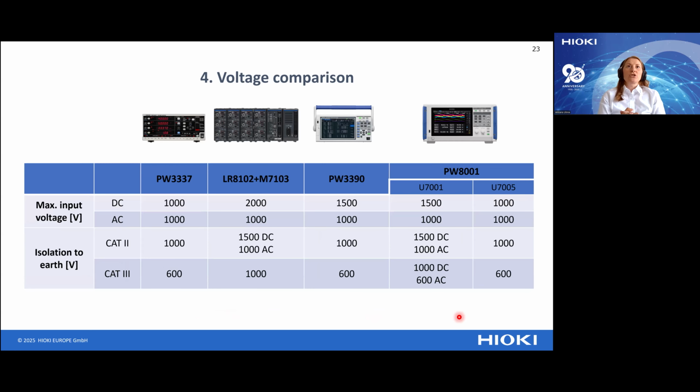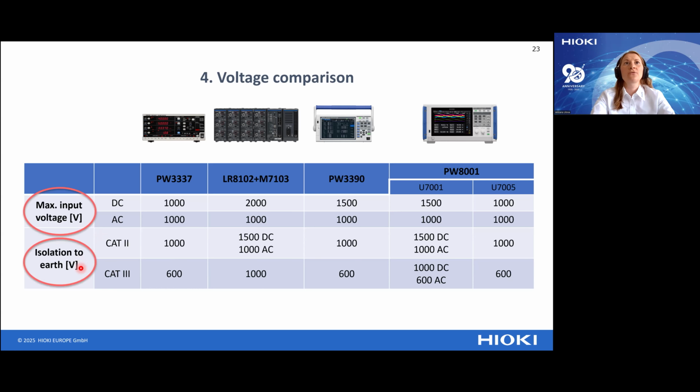As Ryuji already mentioned, he explained the different voltage. The direct input voltage could be below 1000 volt. We also have devices that can handle more than 1000 volt. But you always have to keep in mind there are two specifications. One is the maximum input voltage. This is practically the voltage that you can directly input or give the device on every single channel without having any issues. And the second is the isolation to earth.